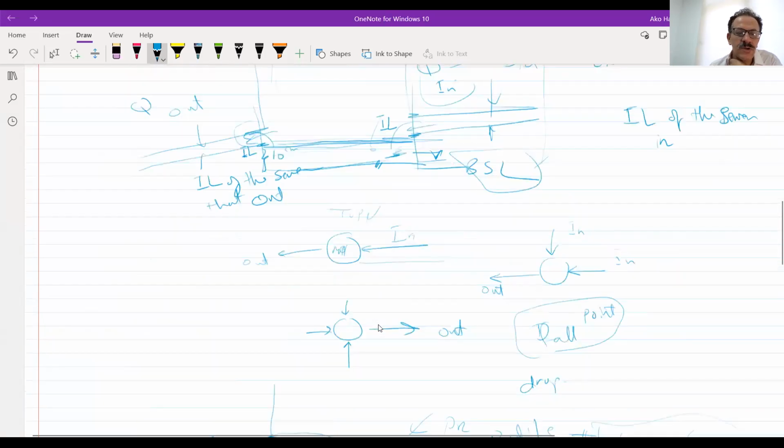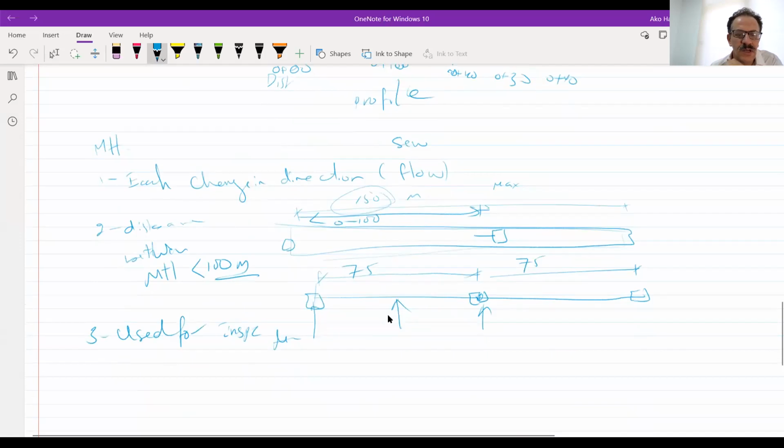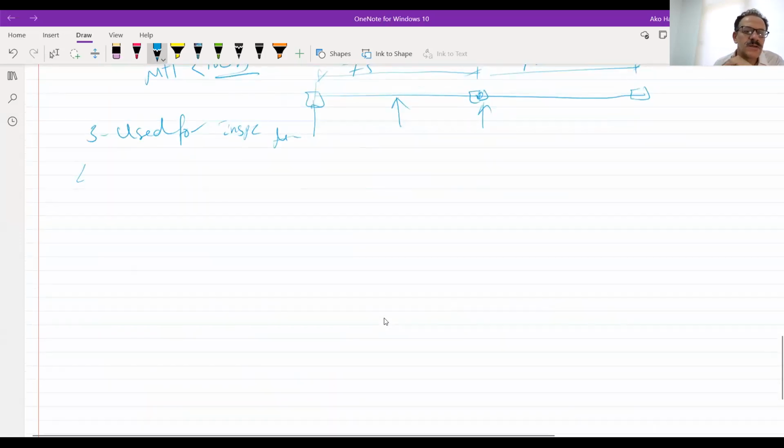Also, sometimes it lets us control the velocity of the sewage. And number 4 is for gas escape.